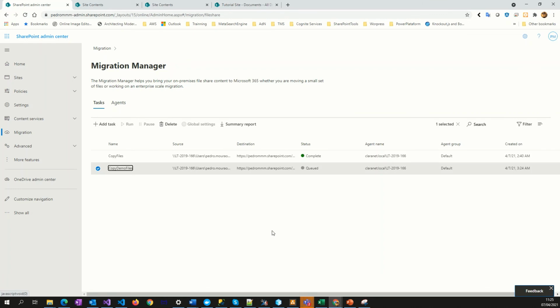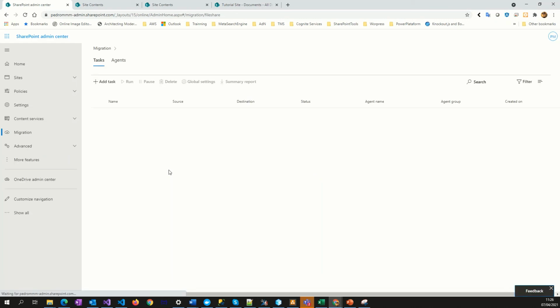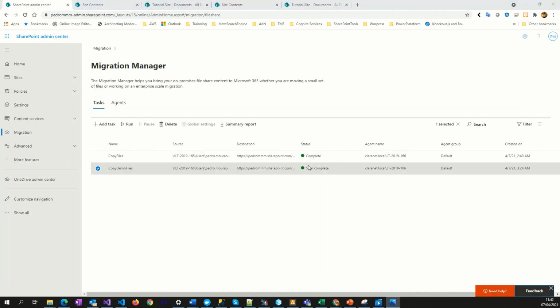So we will wait a little bit for the agent to run. And now we can see it here, scan is complete, right? We can run the task, right?